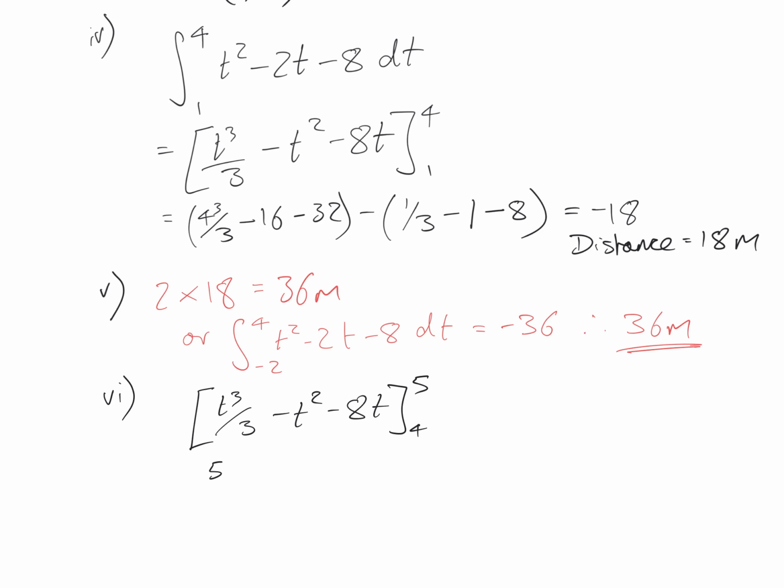And I'm going to say that's 5 cubed over 3 minus 25 minus 40, minus 64 over 3 minus 16 minus 32. So this is 4 to 5, is 125 divided by 3, minus 40